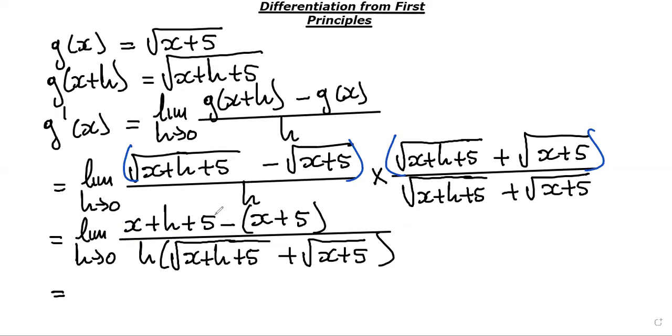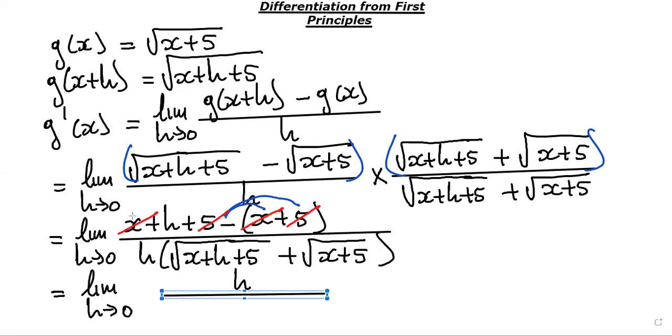So at this point, we just distribute our negative sign. And we can see that this x and this x will cancel out. 5 and 5 will also cancel out. So we are left with h in the numerator. And this whole thing is divided by h